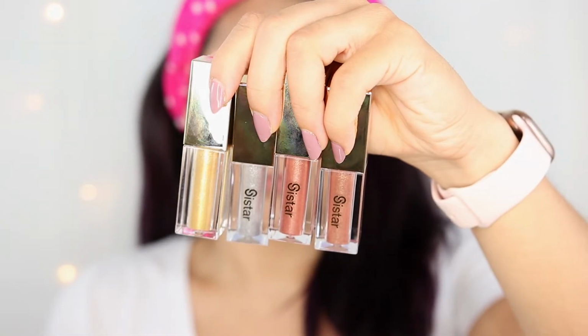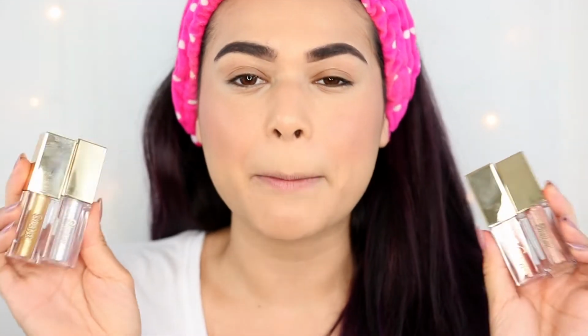Sistar Cosmetics does have eyeshadow palettes, but what really caught my eye from their shadow selection were these glow glitter liquid eyeshadows. They just looked so gorgeous that I wanted to try these more than the palettes, but because they are more lid shades, I'm just gonna add some definition to the crease of my eye using the contour